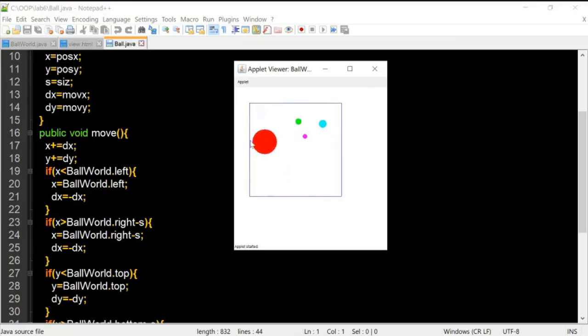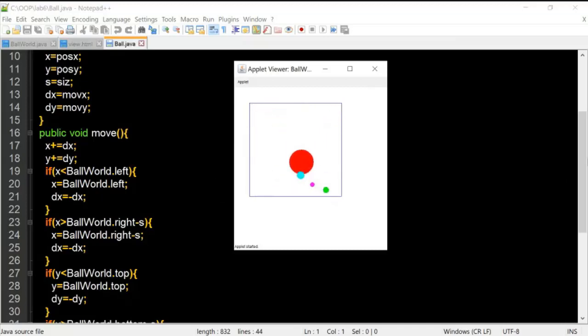What is the left side value? This is 0, consider it as the 0 value. Then change the value, the direction value will be changed to dx equal to minus dx, the minus value. So from here, once it reaches the left side, the value will be negative, and then it moves forward to the right